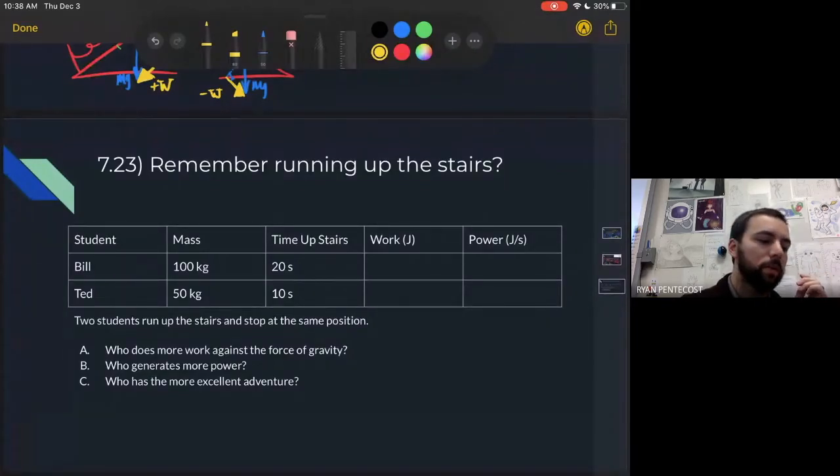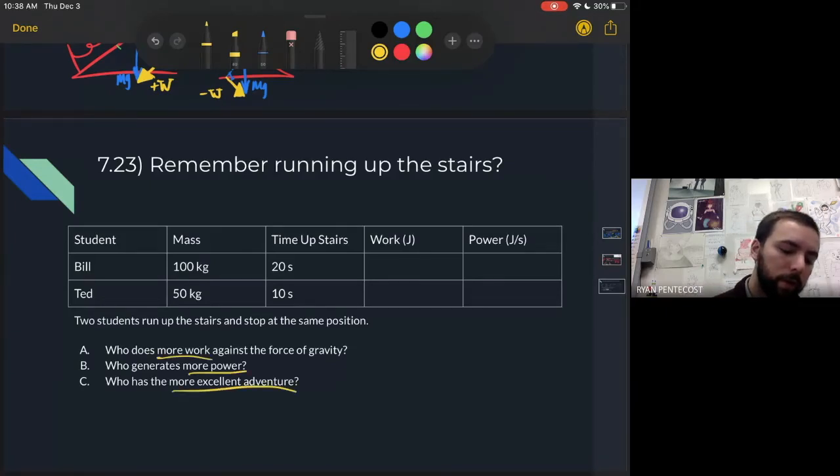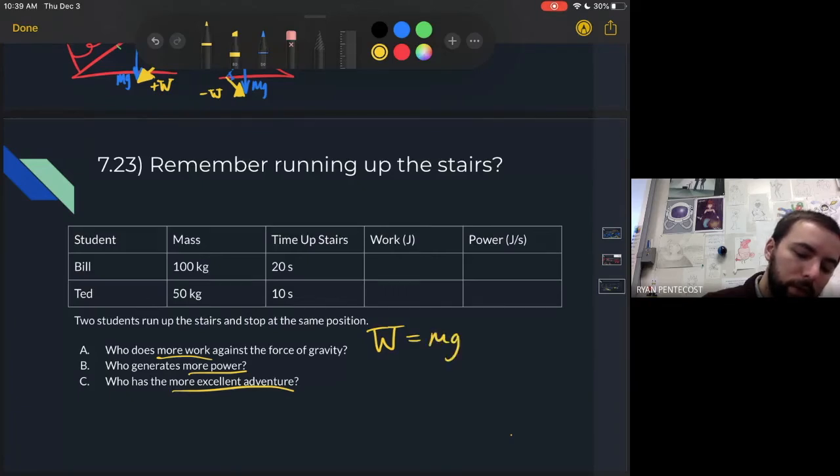Okay, we've got 2 students, Bill and Ted, going on this excellent adventure while they run up the stairs, and they stop at the same position. Now, we will look at who does more work, who generates more power, and who has the more excellent adventure. So if we have the work, work is mg delta y in this case,